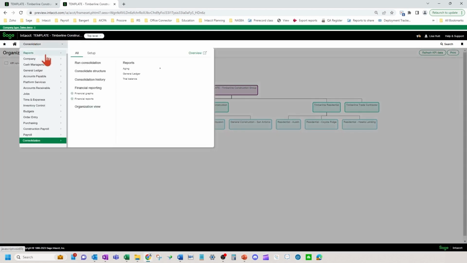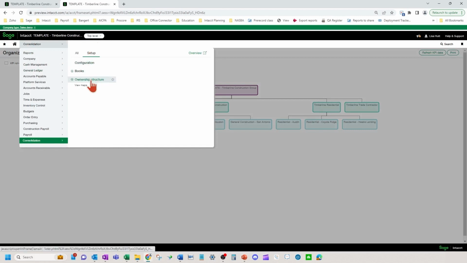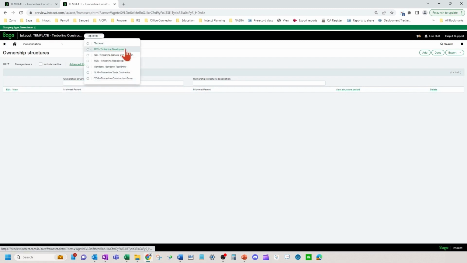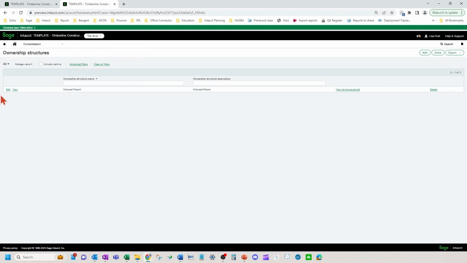Okay. You also have now a setup of an ownership structure. Okay, so this is where I'm going to set up my different levels. So I might have a parent on top of these two. I might have a different parent on top of these, and then I might have a parent on top of all of them. Okay, so this is where you set up your ownership structure and the names of those.